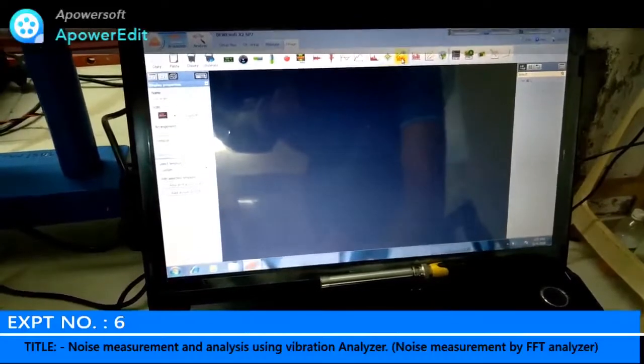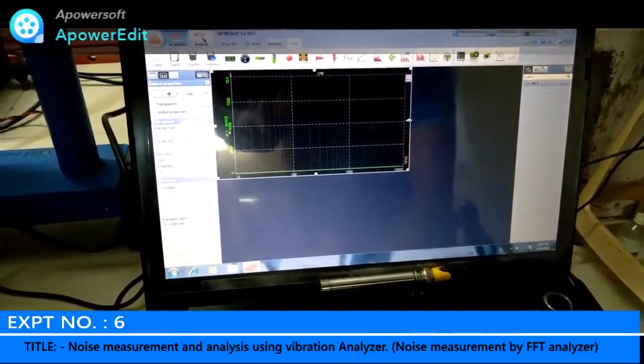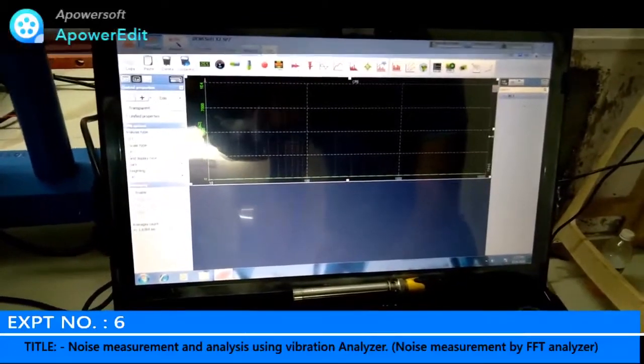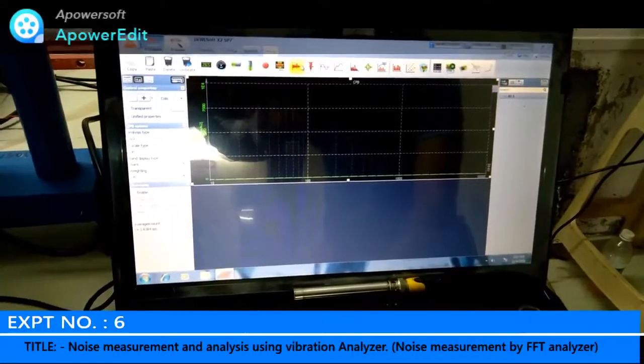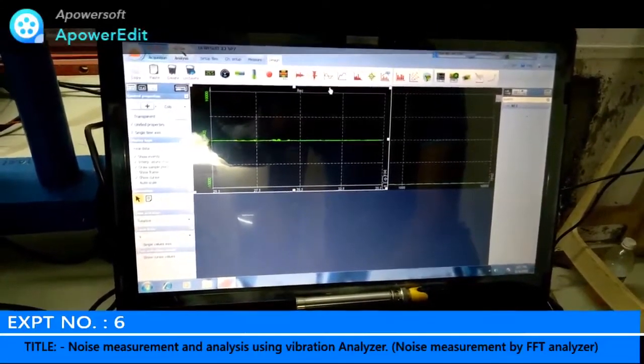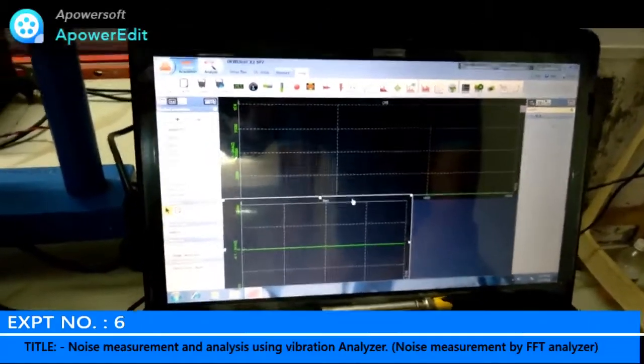This is the octave band we have selected, and this is your recorder. You need to have the recorder also, which we have put over here.